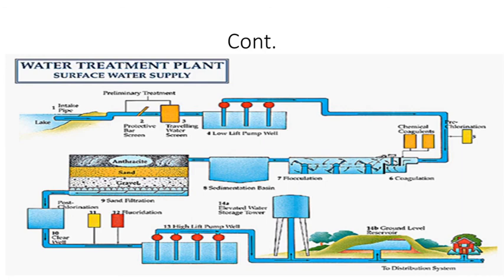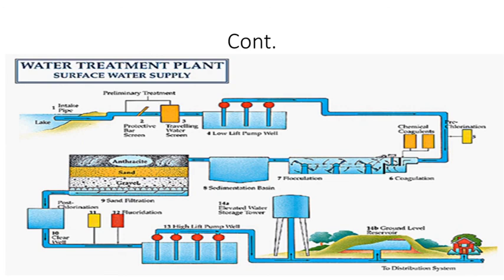In the previous lecture, we discussed the various differences between these two. What is the basic difference between the slow sand filter and the rapid sand filter? The slow sand filter has a lower rate of filtration, 100 to 200 liters per hour per square meter of area, whereas the rapid sand filter has a rate of filtration of 3000 to 6000 liters per hour per square meter of area.